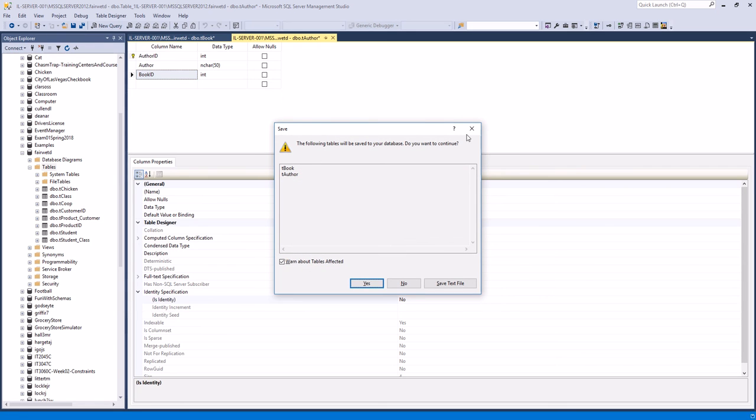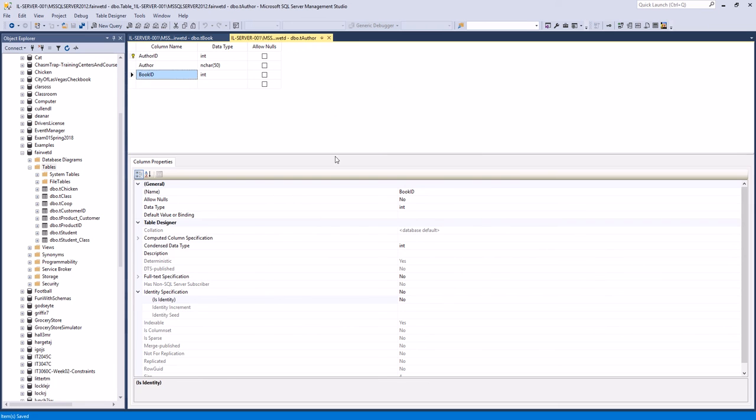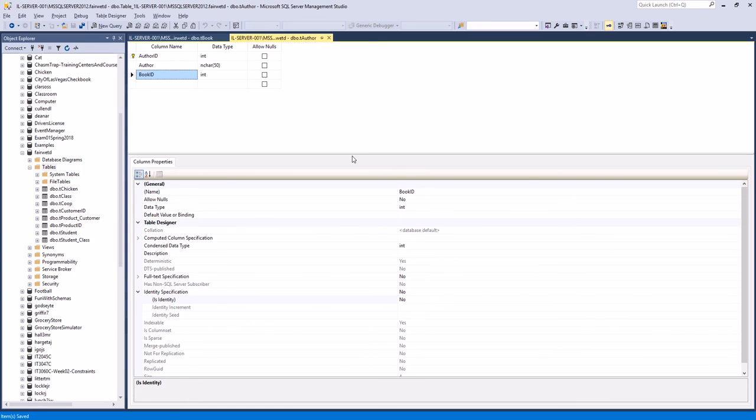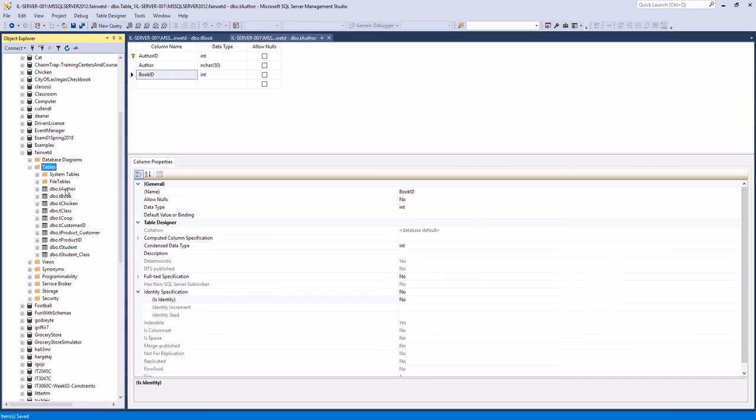And yes, you're going to want to continue. Warning, the tables will be affected. Yes. Just going to save the tables one more time for good measure. The next step is we're going to refresh our database so the tables pop up and adding data